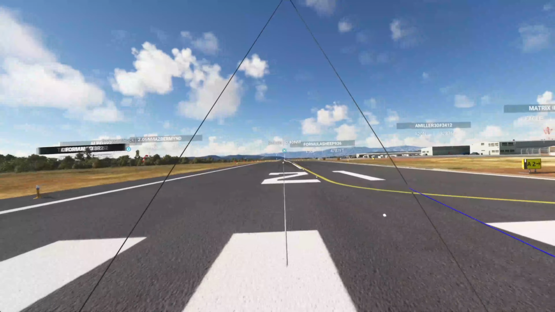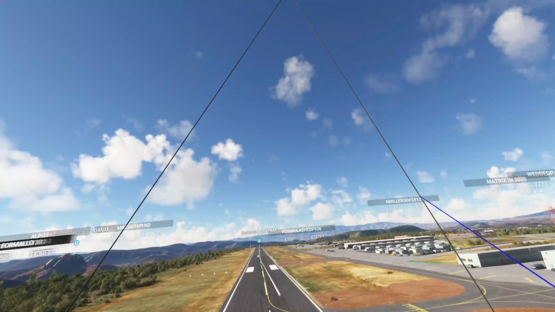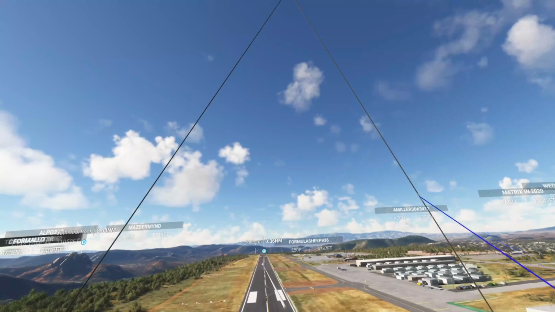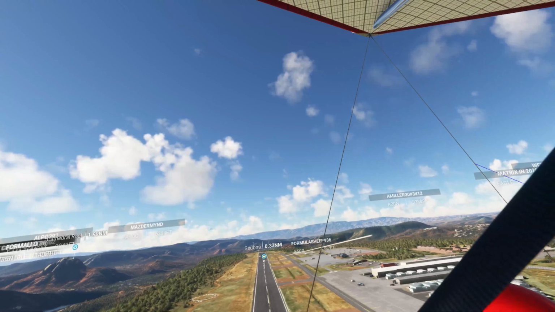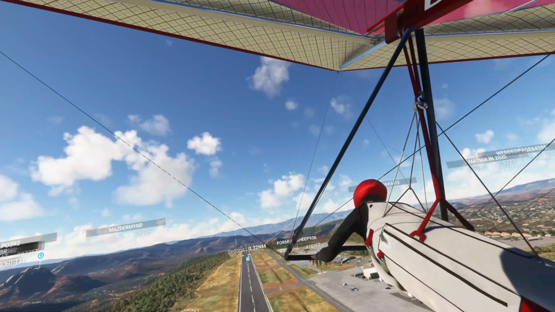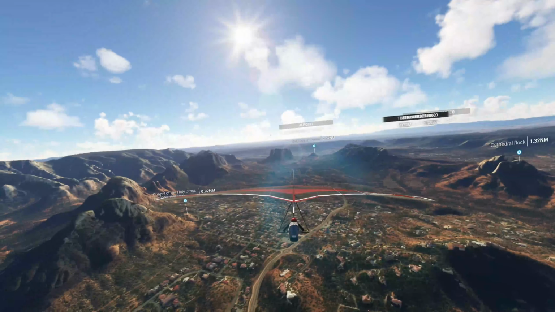Another one is to use a winch launch, and with a winch you're basically just towed up by a static wire, and you can use that from pretty much anywhere. And if you don't want to use either the winch or the tow launches, you can also just use the slew keys, and that's the